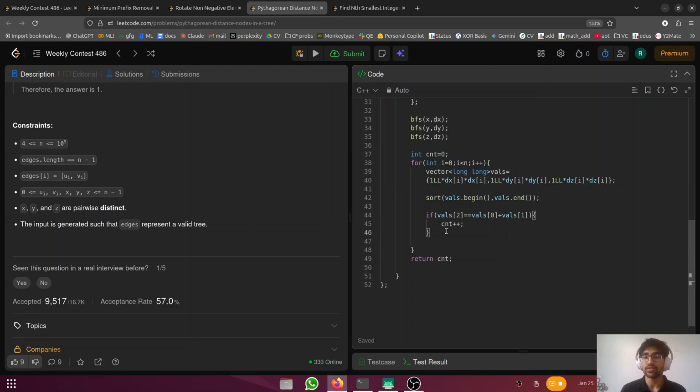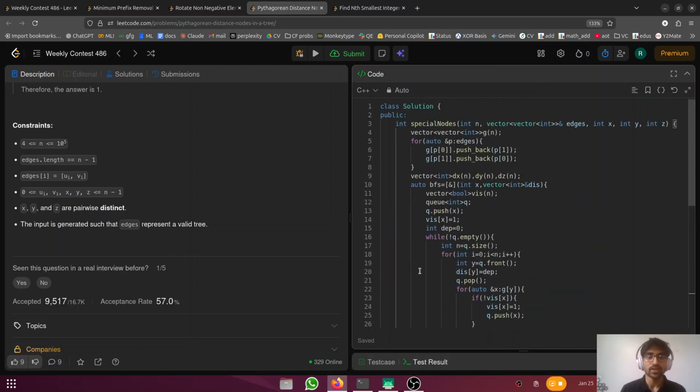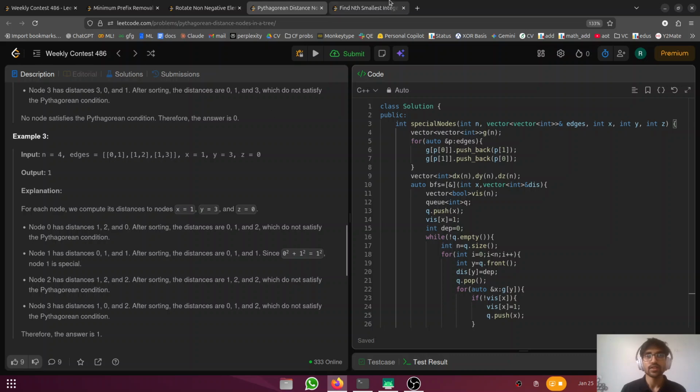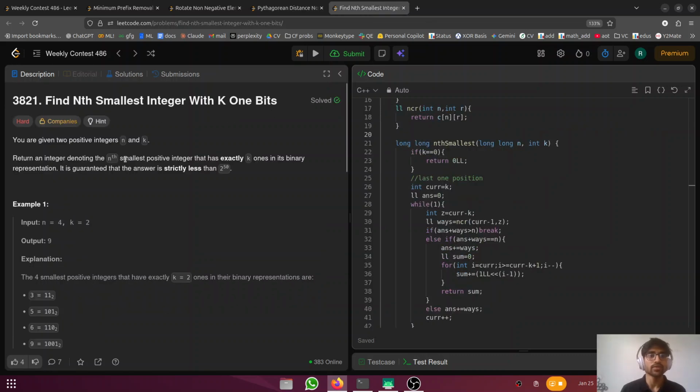After sorting it, I'll check if the maximum value is equal to the sum of the smaller two values. Basically, I'll check if c square equals a square plus b square. If this condition is satisfied, I will increment the count. And finally, I'll return the count. And that's all. Coming to the fourth question,